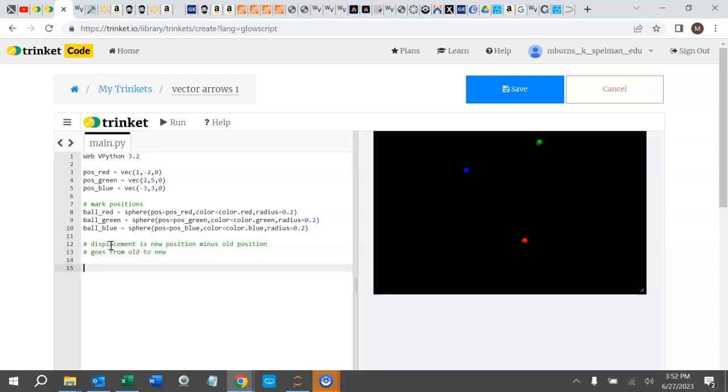Okay, so the first one, we want to go from red to green. So I'm just going to give it my own name, disp for displacement, underscore RG for red to green, equals, and the nice thing about VPython is when you want to subtract vectors, you just do it. You just type in the names of the vectors. So we want the new position. We're going from red to green. So we want the position of green